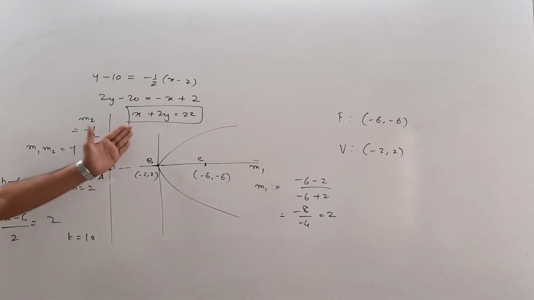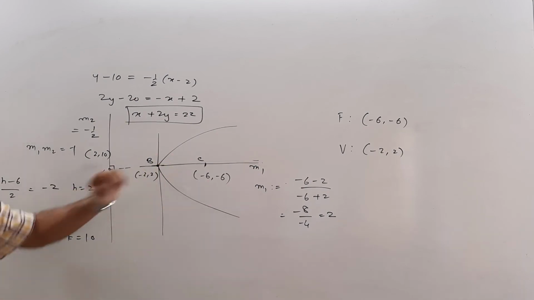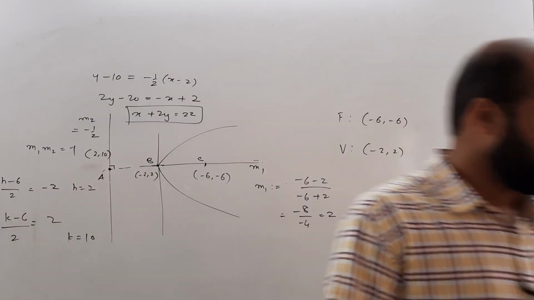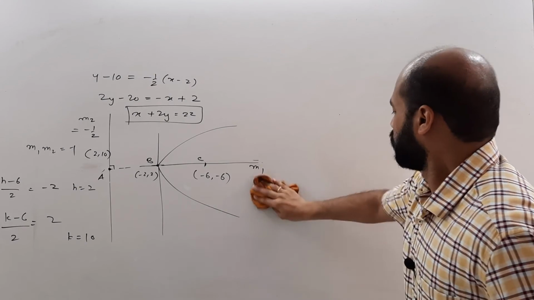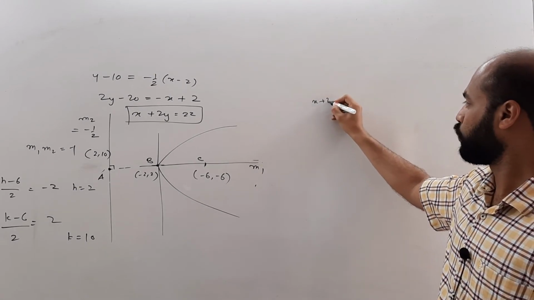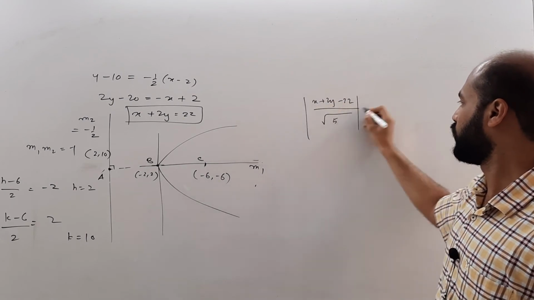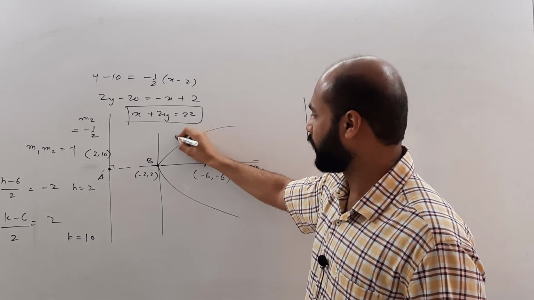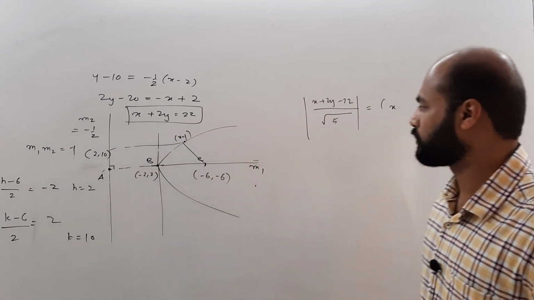So the directrix is given to us, and we have the focus as well, using which now we can write the equation of the parabola in the similar method that we wrote last time. So I can write the distance of the point from the line as x plus 2y minus 22 divided by root 5. This modulus is equal to the distance, because we are choosing any general point over here, x comma y, and then we say that this distance is same as this distance.